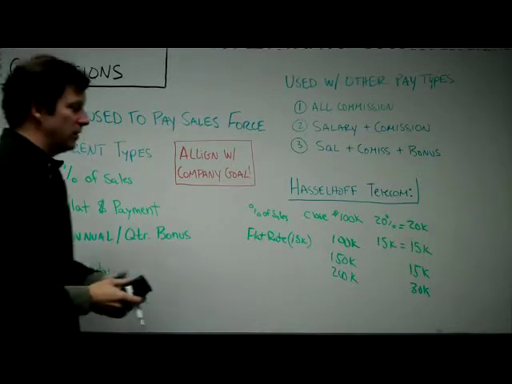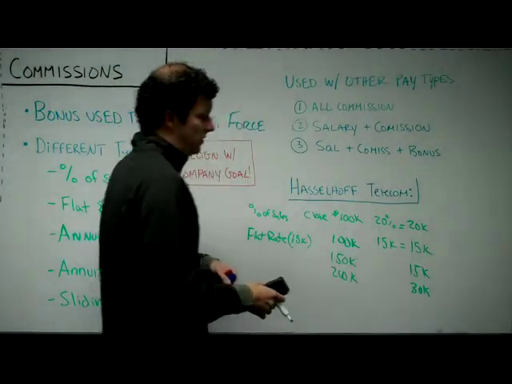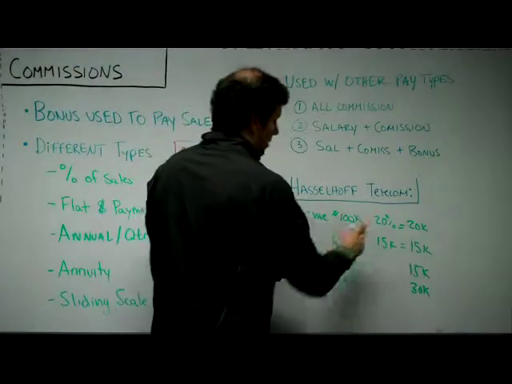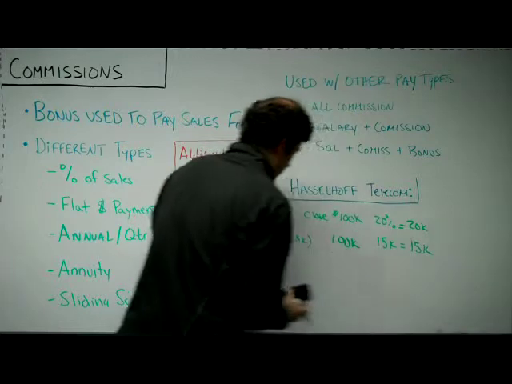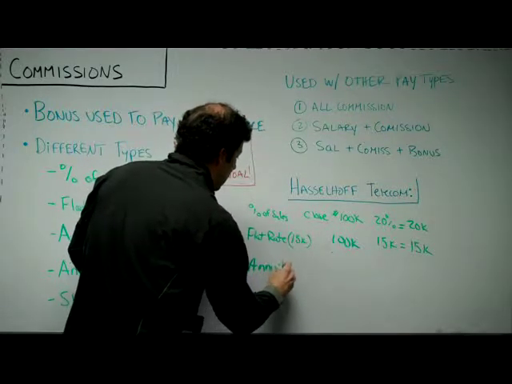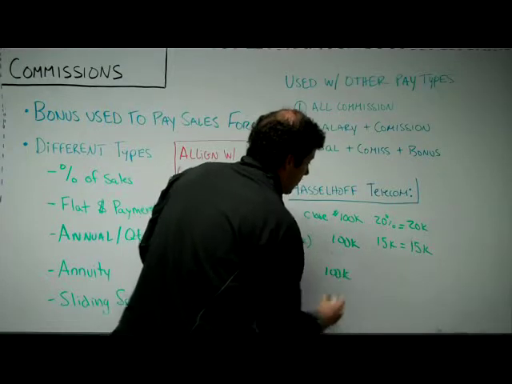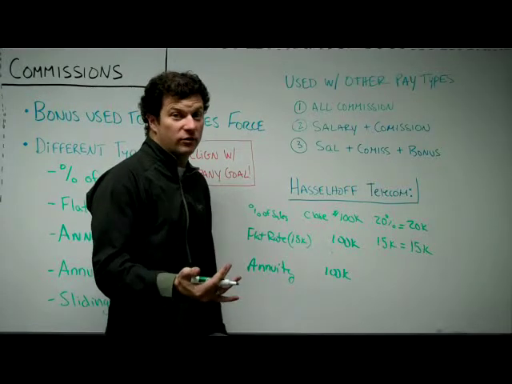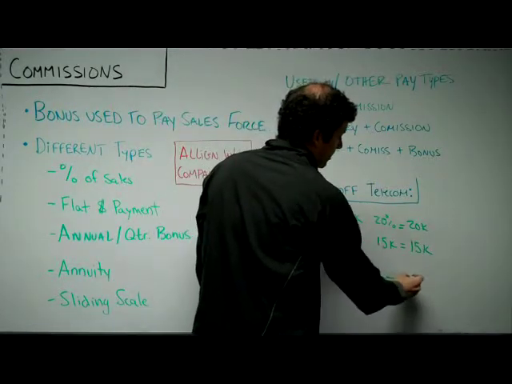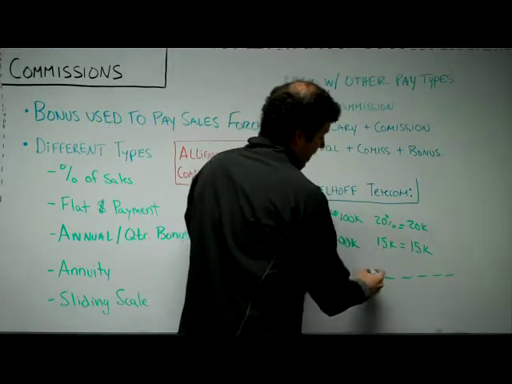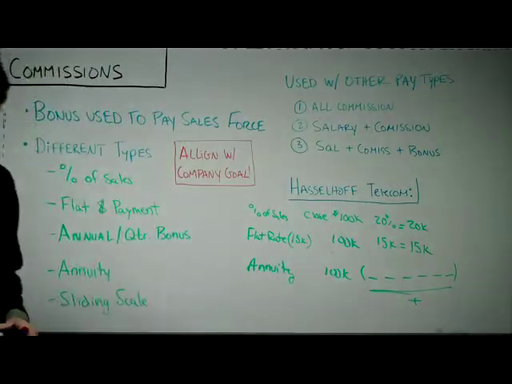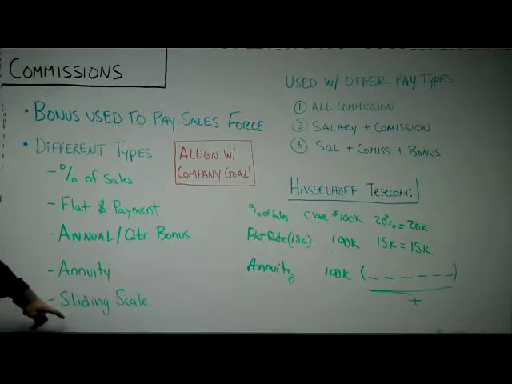Then there's an annual or quarterly bonus. That can be up to the boss. You can set sort of a bonus rate. That gives management or the sales manager the most flexibility. Then there's something like an annuity. If I close $100,000 here for an annuity, instead of getting a check for 15 grand, I might get 5 grand a quarter for 2 years, or 3 grand a quarter for 2 years. So what they're doing is they're stretching out those payments over time instead of writing you a lump sum check. That's to incent the sales guy to stick around over that period of time. So that's used as an incentive to keep the sales guys employed, and not just managing toward getting a big